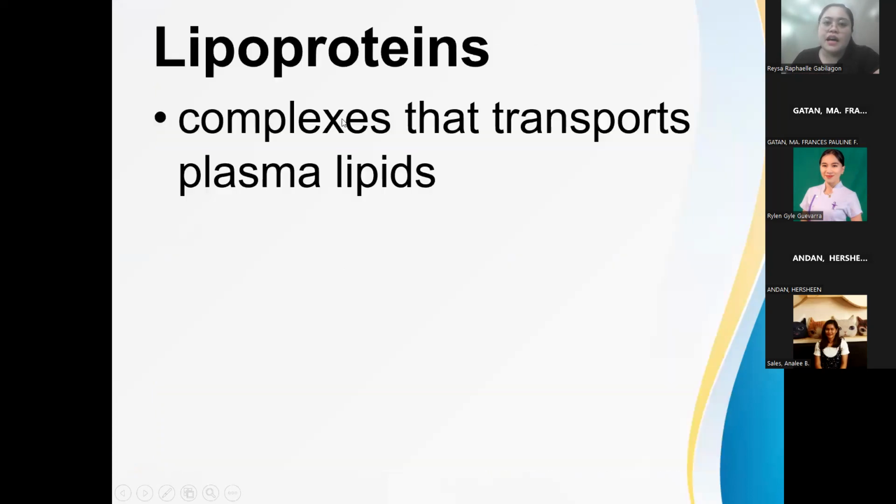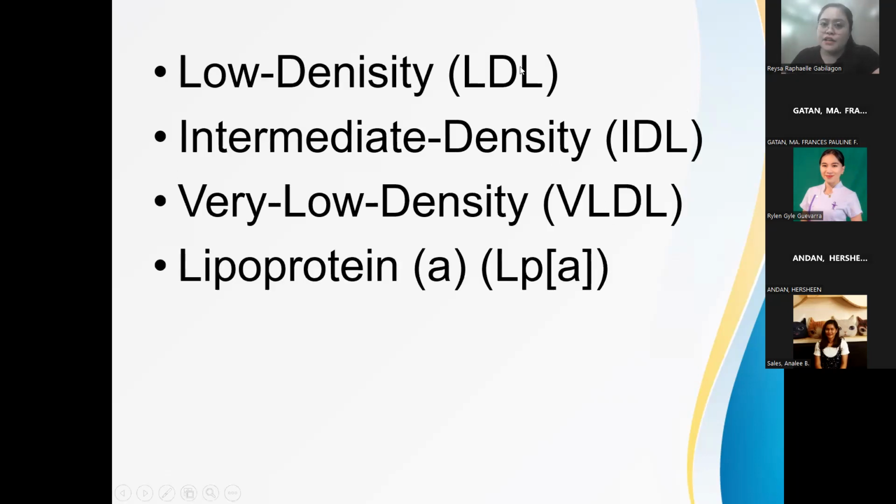Okay? Now in our cholesterol, we have different types of cholesterols. We have the so-called lipoproteins. Lipoproteins are a combination of lipids and proteins. There are many of them: LDL, IDL, VLDL, and LPA. All of these are bad cholesterols. Actually, LDL is really the one we call bad cholesterol, but other lipoproteins can also increase